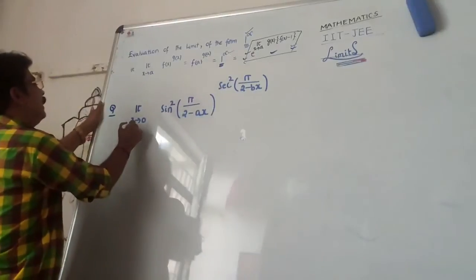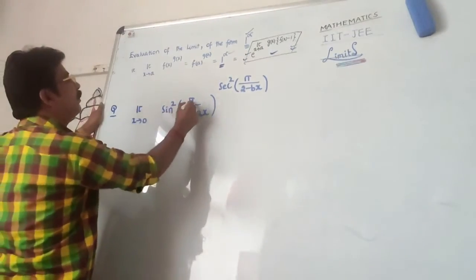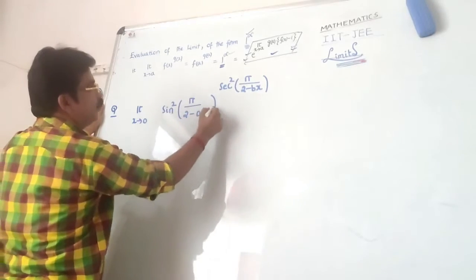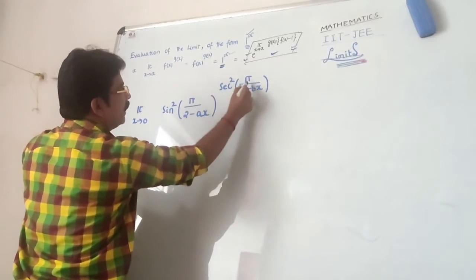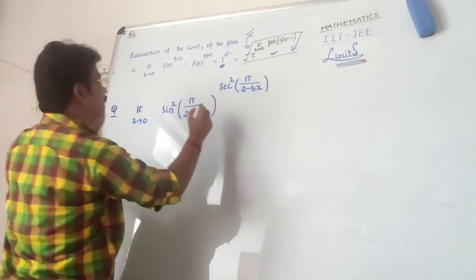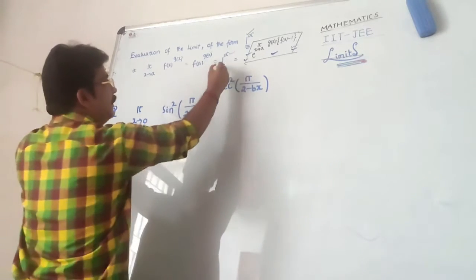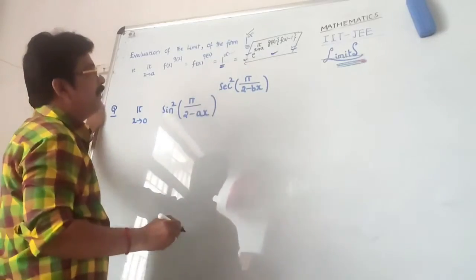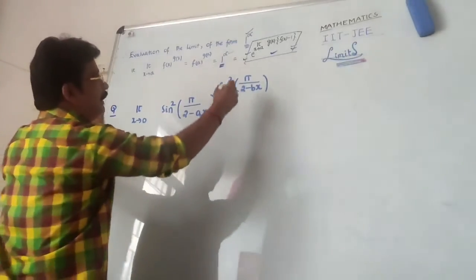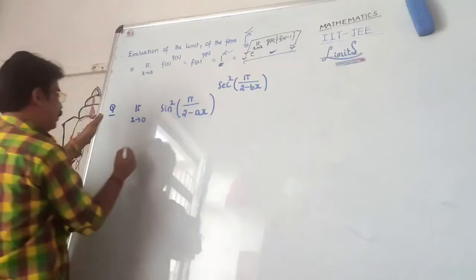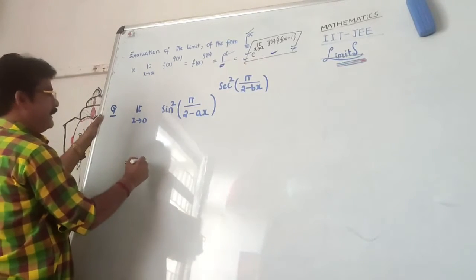Hence the problem. Limit x extends to 0, sine square of pi by 2 minus ax, whole power secant square of pi by 2 minus bx. By putting x equal to 0 directly, we are obtaining here 1 to the power of infinity. That's why we apply this shortcut. So that is equal to e power